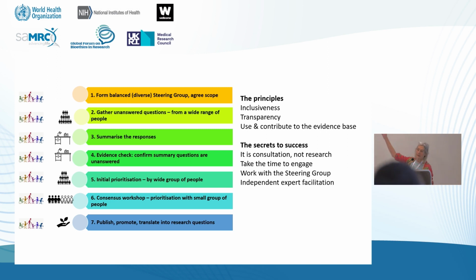The second stage, this is hard because I usually walk around the stage. The second stage is there's a sort of a population graphic trying to show, oh, don't worry, it's only a couple of minutes. The second stage is a population stage. We consult with lots of people to ask them what their unanswered questions are, what they would like to see researched. Then we go back into analysis mode together with the steering group so that there is involvement from ground up in analyzing all those responses.